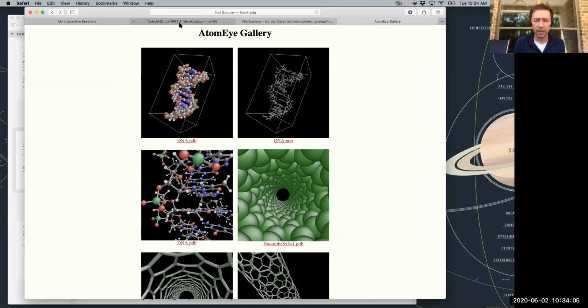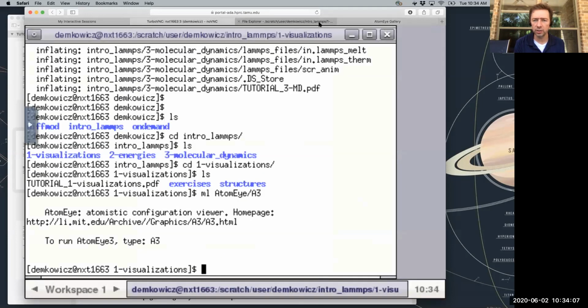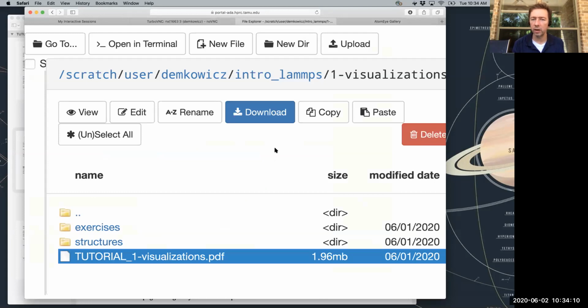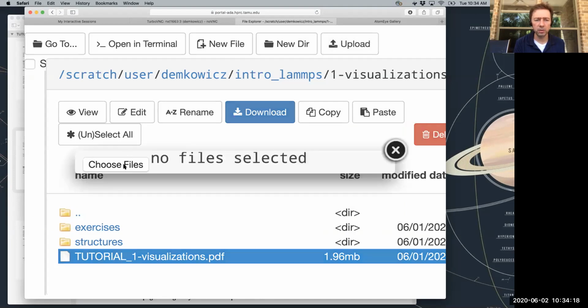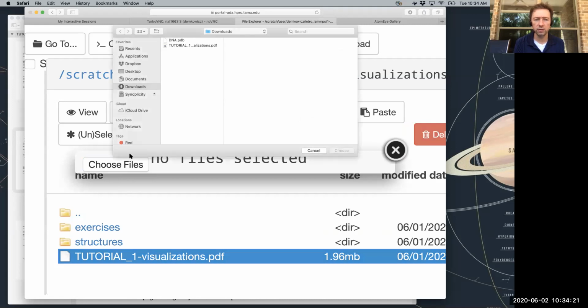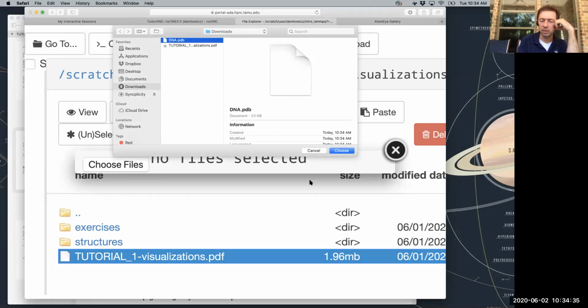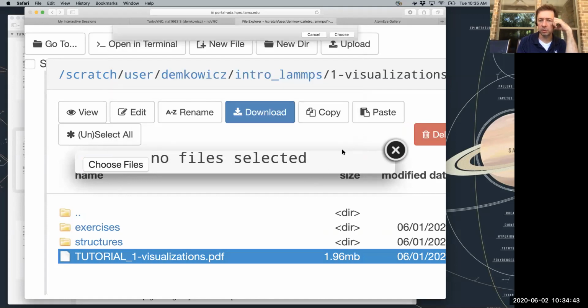So I'm just going to go back now to my file transfer session, which is this. Okay, this is where I do my file transfers. I'm going to go up to this button here that says upload. I'm going to choose upload. It pops up a window that prompts me to choose a file. So I'm going to press choose files. I'm in my downloads folder, so I'm on a Mac, so I select downloads. Once I'm in there, I have the choice of these two files that I've downloaded to my computer, and I'm going to choose dna.pdb, okay, because that's the file that I want to move from my computer to the HPRC computer.